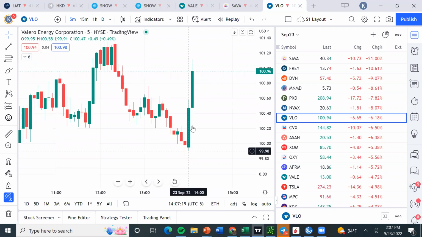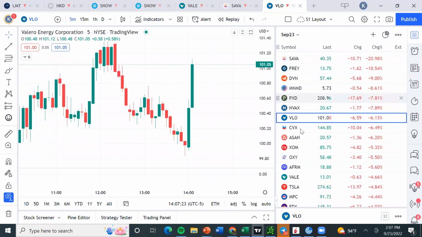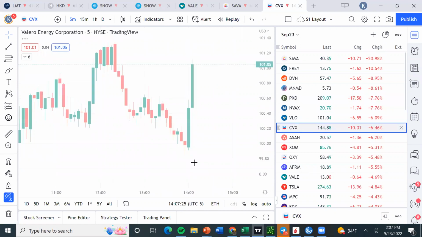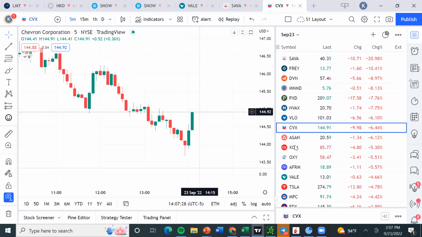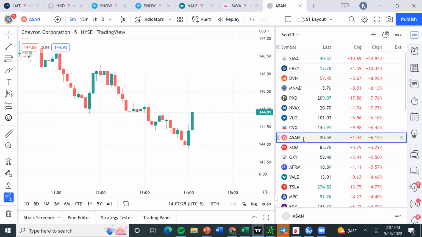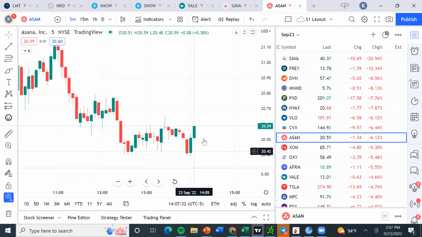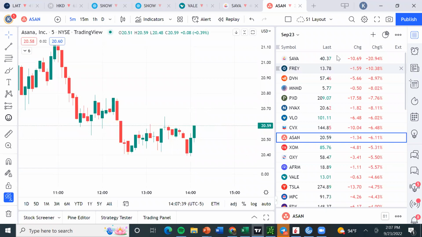For example, if we got Valero, already would have made 50-60%. Or if you got Chevron, it already moved nearly $1. If you got Asan, it moved nearly 20-30 cents. So if you do lotto trades on any of these things which were oversold,